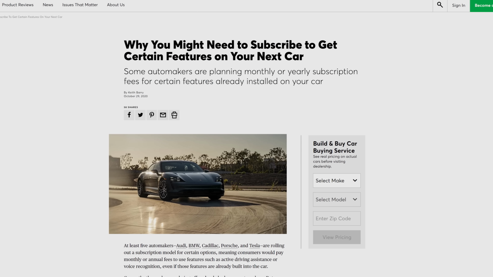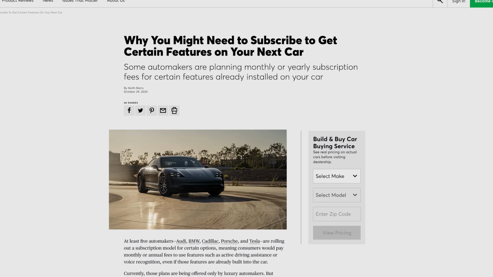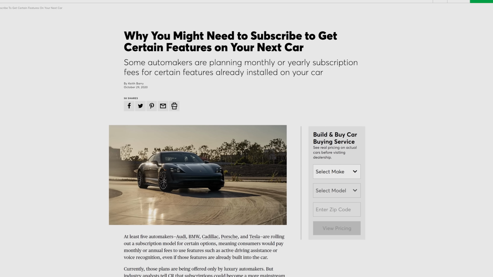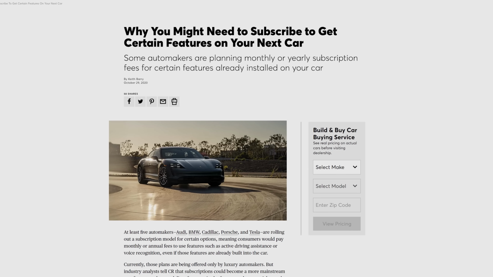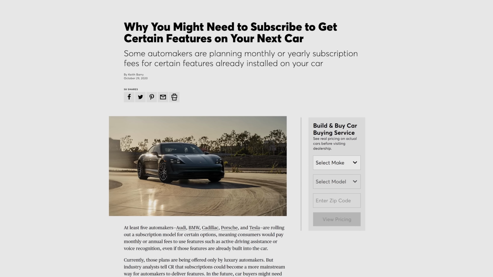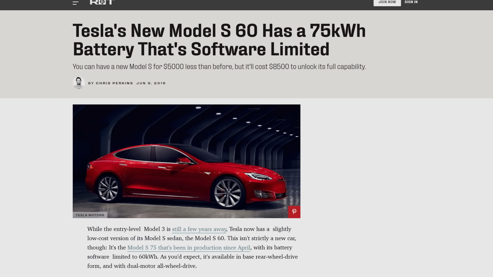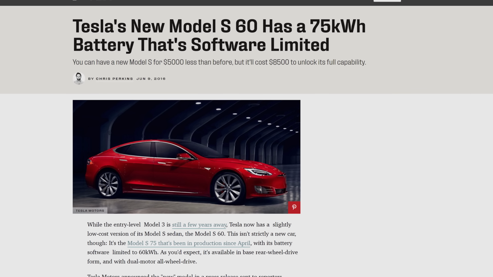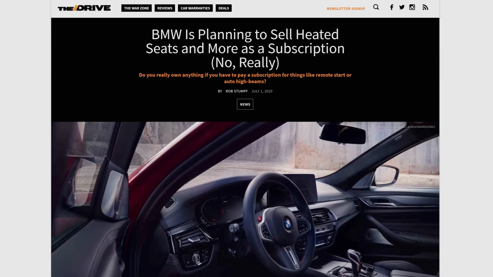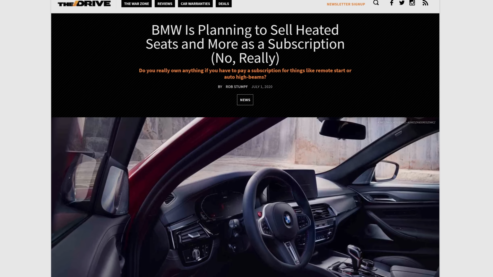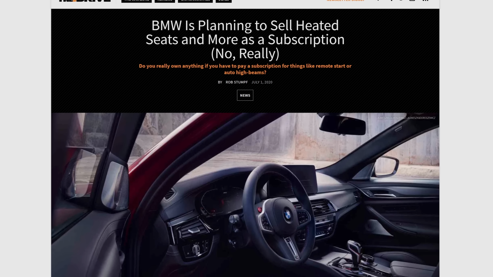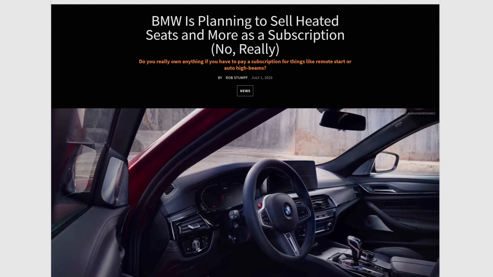For our last example, we'll use a more everyday item. A couple of car makers have played with the idea of enabling certain pre-installed features for a fee after you buy the car. For example, Tesla installs batteries in lower range cars whose full capacity can be unlocked microtransaction style, and BMW has plans to sell features like heated seats as a subscription for a certain length of time. So you could pay just to have them enabled during the winter and turn them off during the summer. That's horrible.